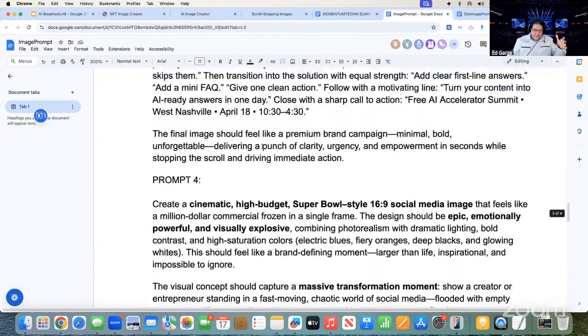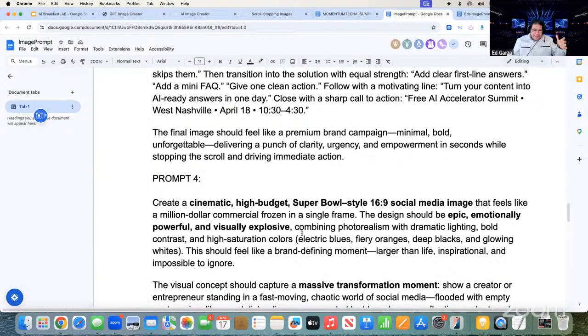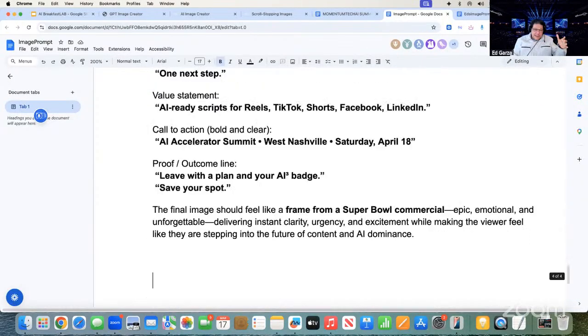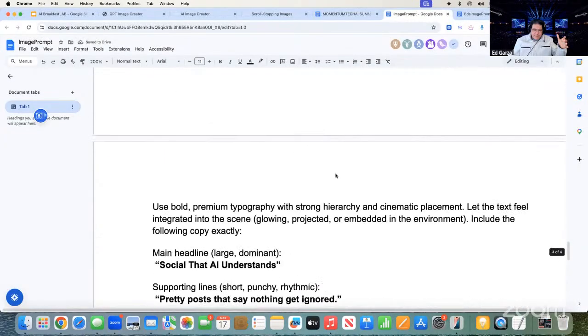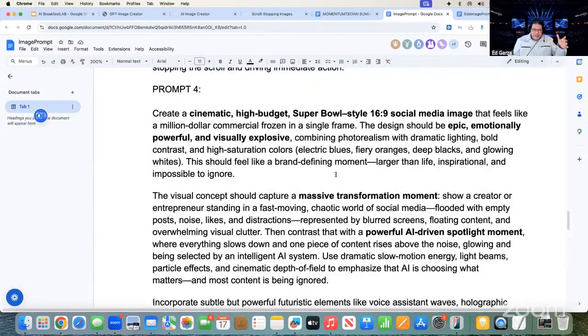All right. Create a cinematic high budget Super Bowl style ad. That feels like a $1 million commercial frozen in a single frame. The design should be epic, emotional, powerful, and visually explosive, combining photorealism with dramatic lighting, bold contrast, and high saturation colors.